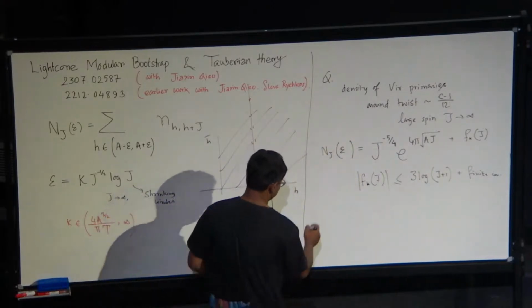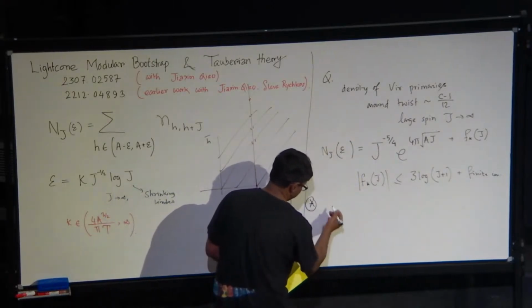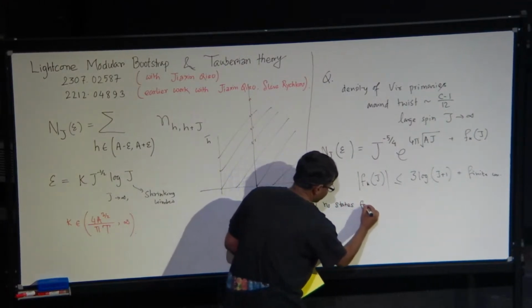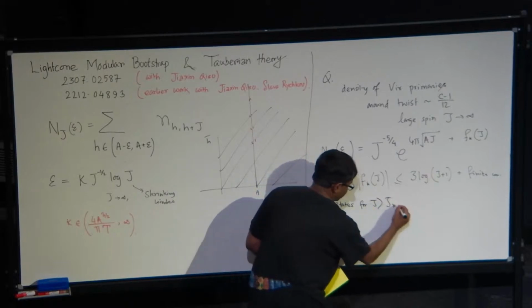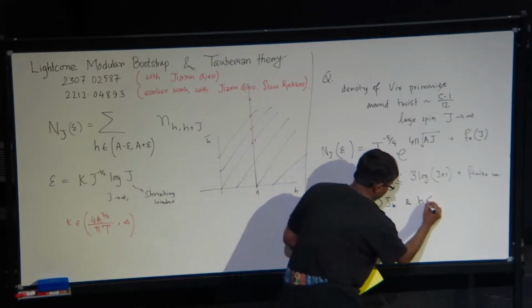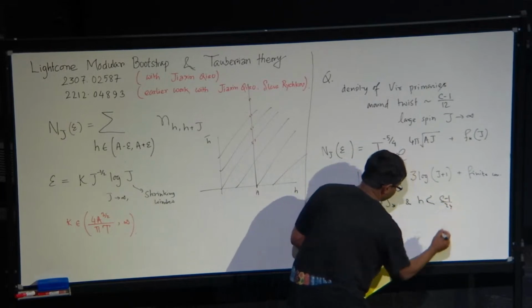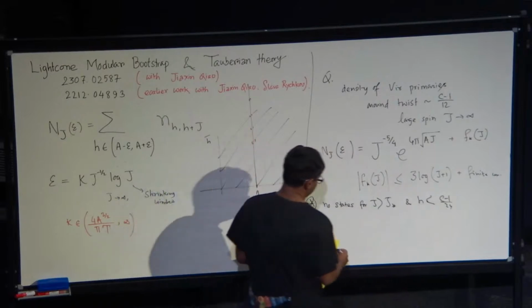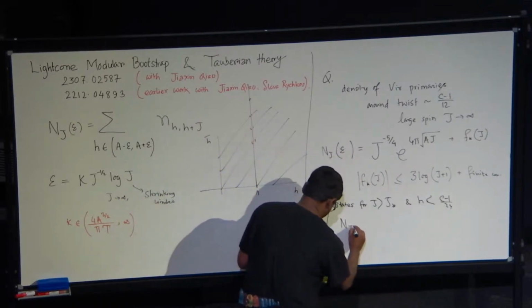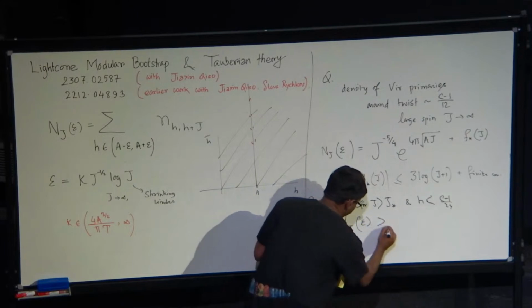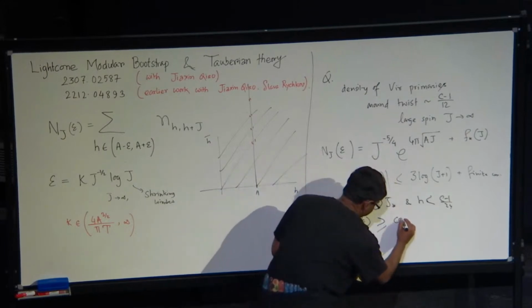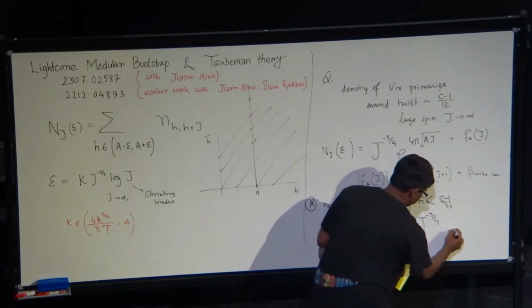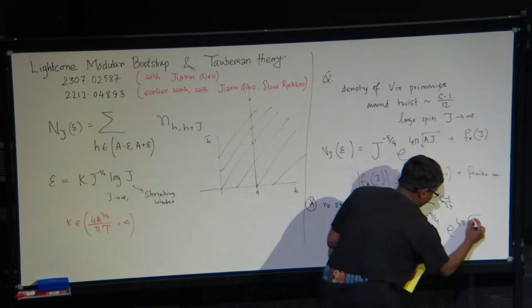But if you assume that there are no states for j greater than j star and h less than c minus 1 over 24, except for the vacuum in this window, then basically you can prove a lower bound where the power index is fixed. So this is some positive constant, j to the power minus 5/4, and e to the power 4 pi a j.